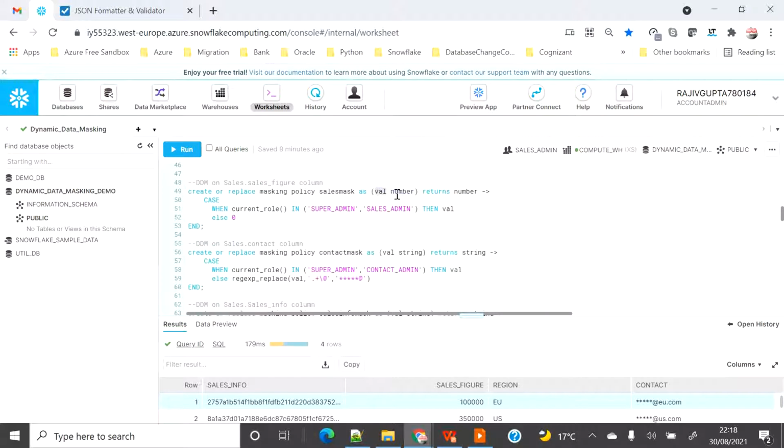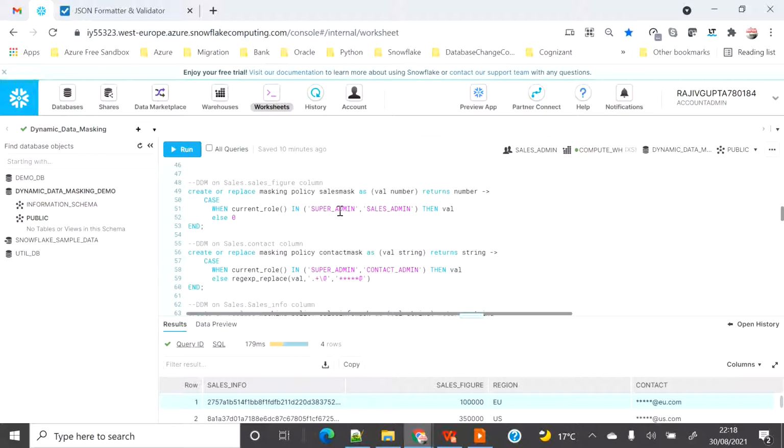If you are using val as a number, then your return type should also be a number. If you provide a different data type for the input variable and the return, it will fail and will not get created. So you only have to keep these things in mind. Rest, you can provide any data matching your number. If it's a number, you can provide 111, 000, 11, whatever you want.